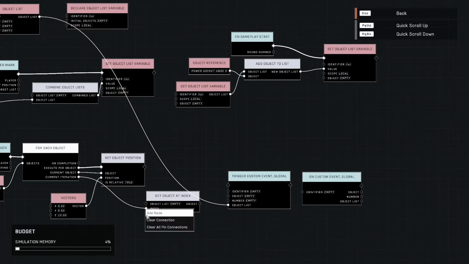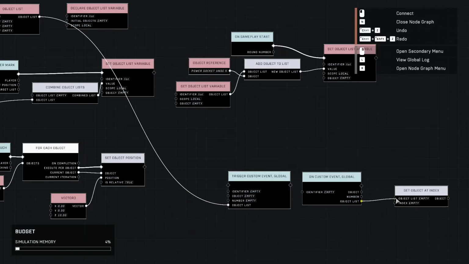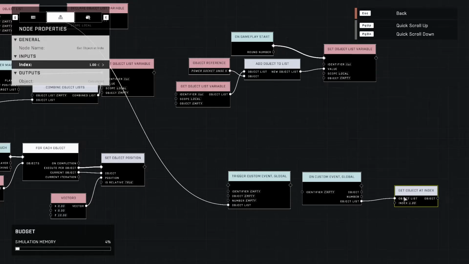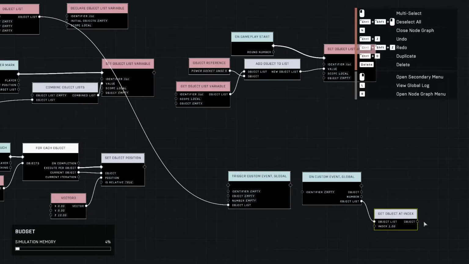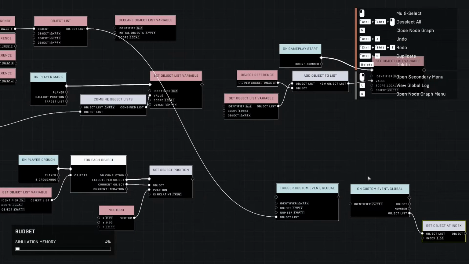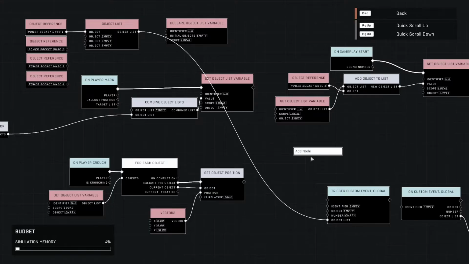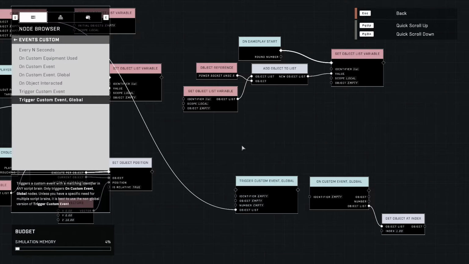And then you could use our get object at index and just do index number 1. And so now you've actually passed in two objects, and you can then manipulate those within your event. So pretty handy there. That was the last thing I wanted to mention, was get object at index,